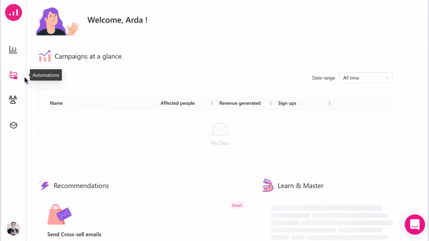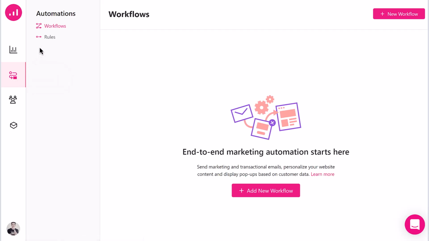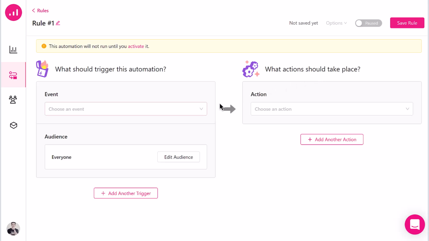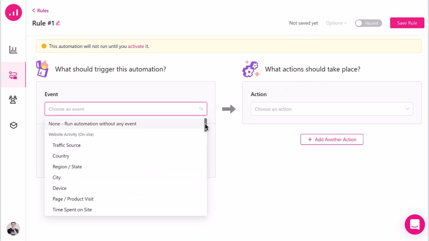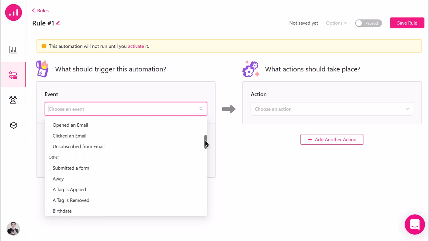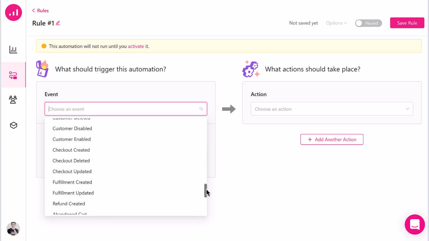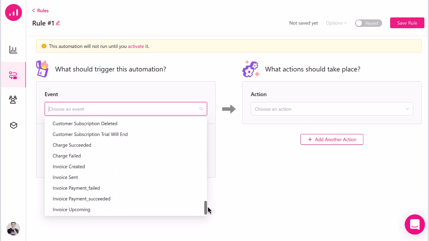The rules section in the automation page is used to create one-off or recurring automation campaigns. You can define the target using two factors. Trigger events are used to target users' real-time behavior or conditions. For example, visiting a specific page or product, submitting a form, abandoning a cart, opening or clicking on an email,